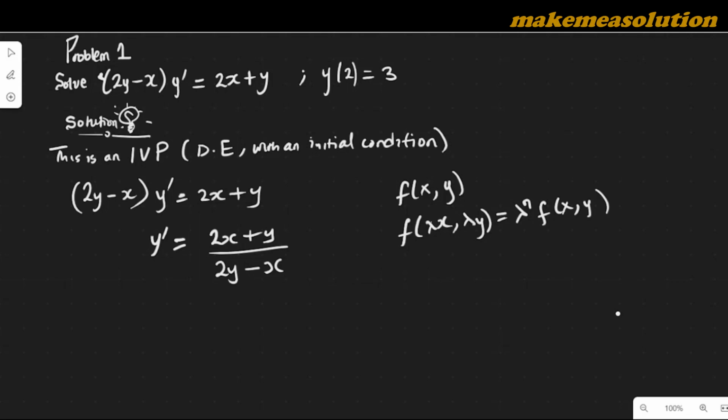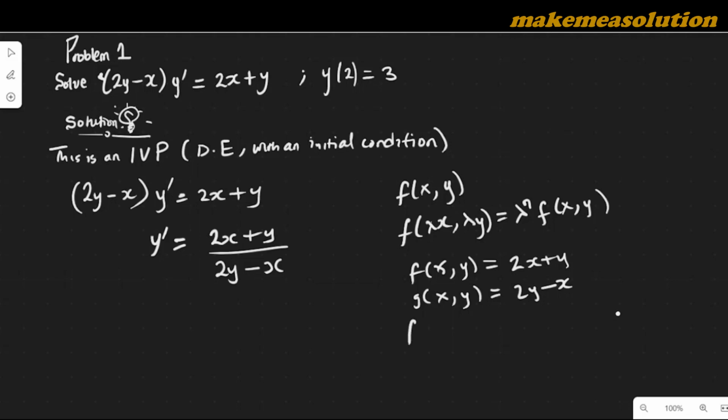So assuming you want to take the numerator of this particular right hand side, which in this case is equal to 2x plus y, you can call the denominator 2y minus x,